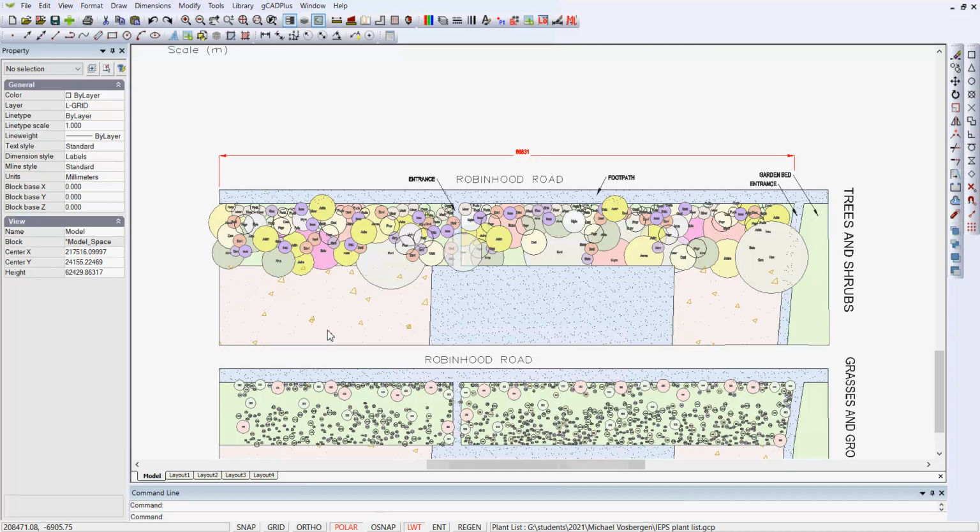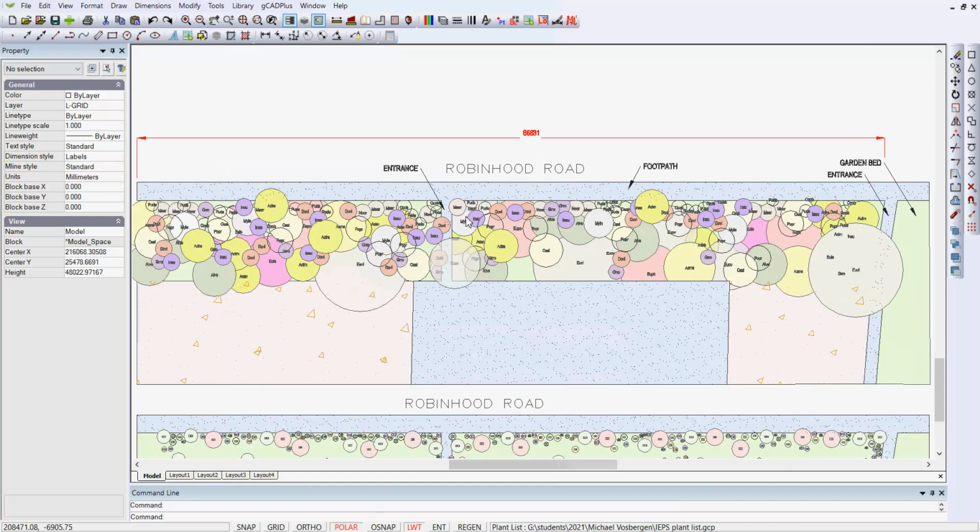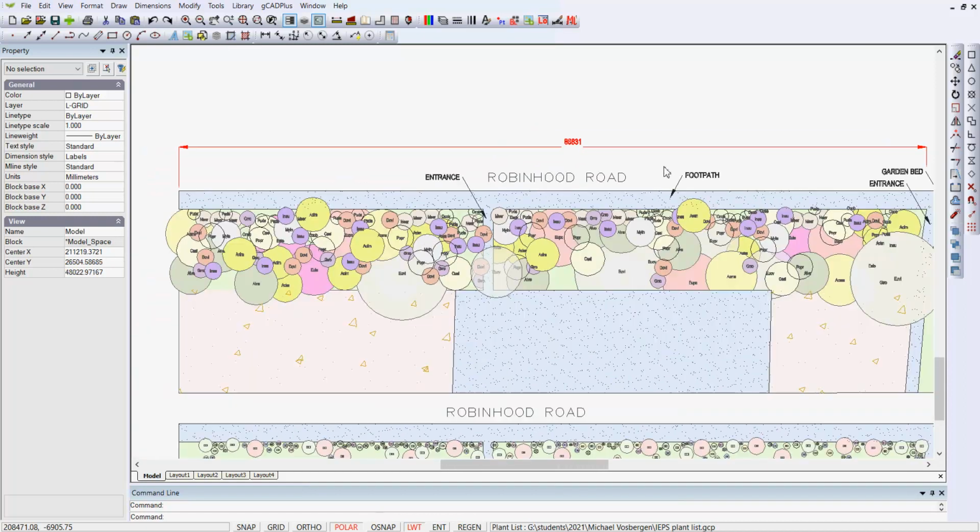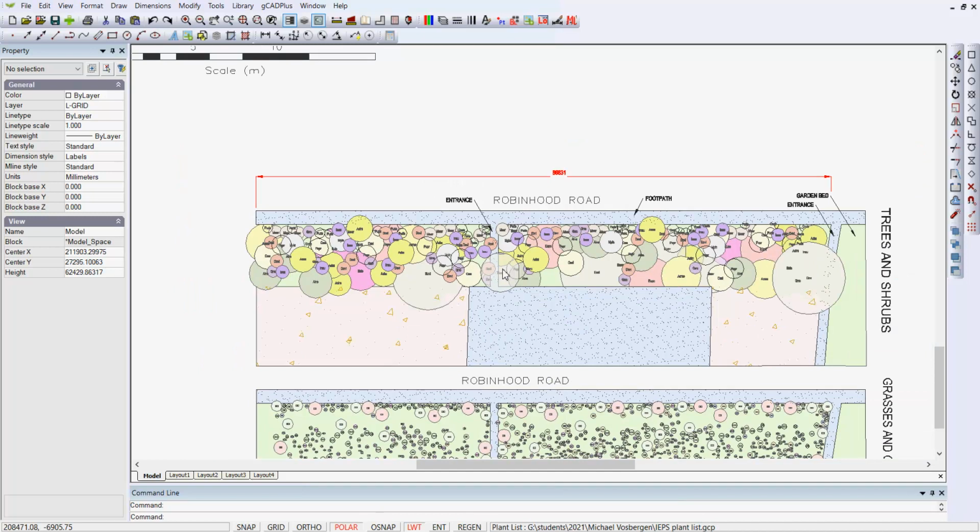Well, this is a design for revegetating the entrance to a primary school, and the area to be landscaped is about 86 metres long and maybe a metre and a half, 2 metres deep. And what we would like to do, after talking to the teachers at the school, they'd like to involve students in implementing the plan, and to do that we need some sort of grid so we can place the species